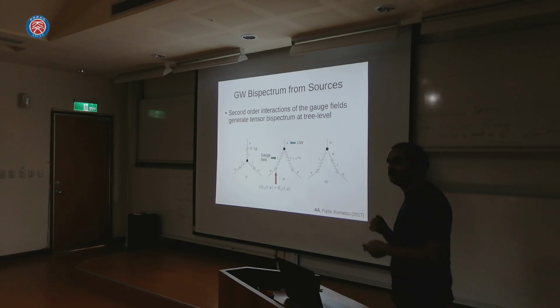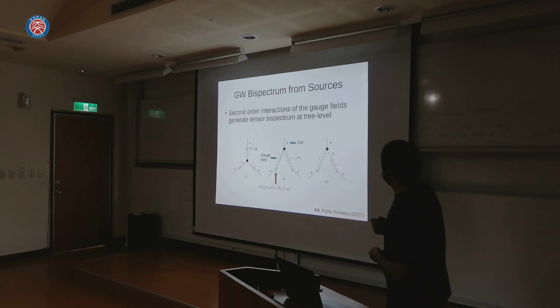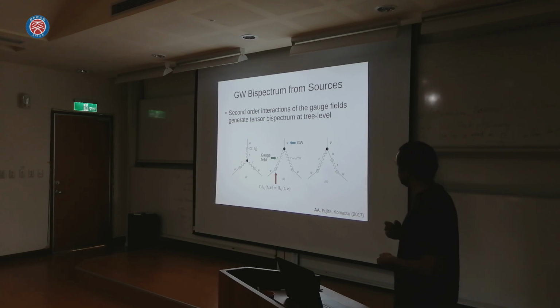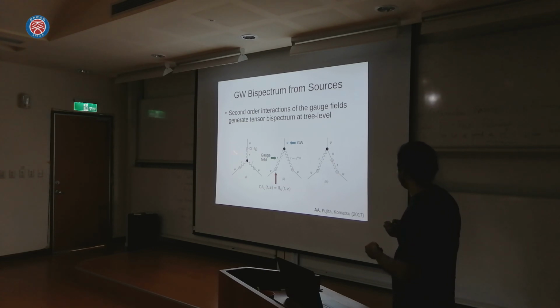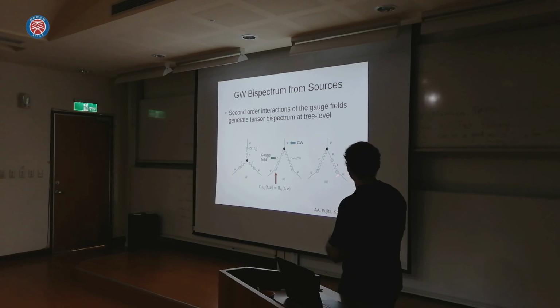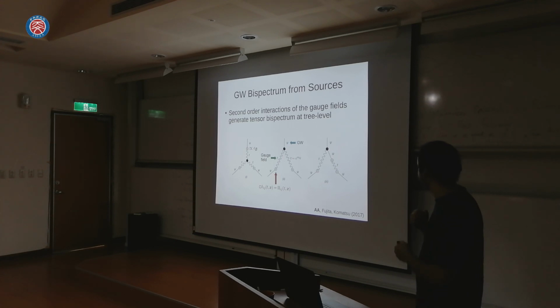But we're not looking at the interactions of gauge bosons. We're looking at the interactions of gravitational waves. So we also need to consider this particular vertex, which accounts for the transfer of energy from the gauge boson to the gravitational wave. This is proportional to the energy density of the gauge field, which, as I said, is very low. So it turns out that eventually this diagram and this diagram, which has one fewer of these vertices, are roughly of the same order. Whereas this diagram, which has only 2 gauge bosons and all 3 vertices of this kind, is extremely subdominant compared to these other 2.